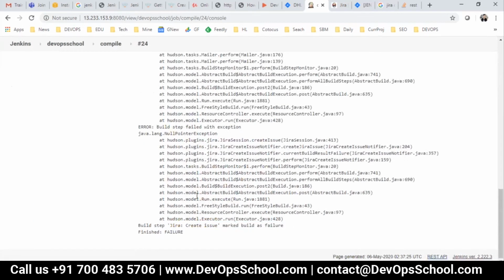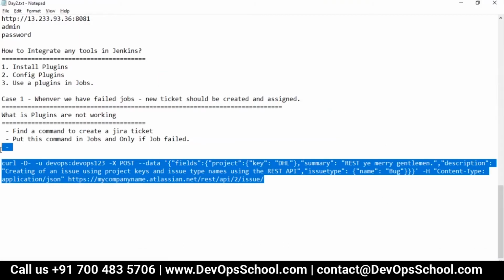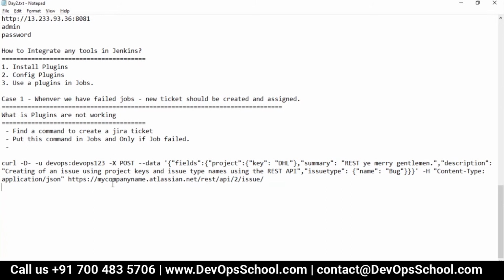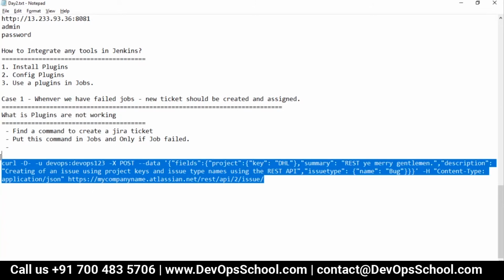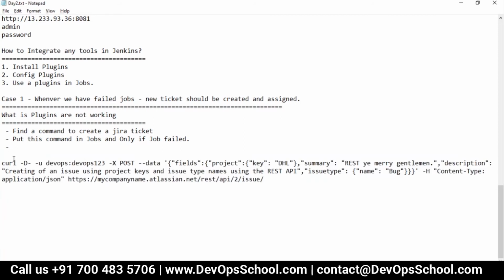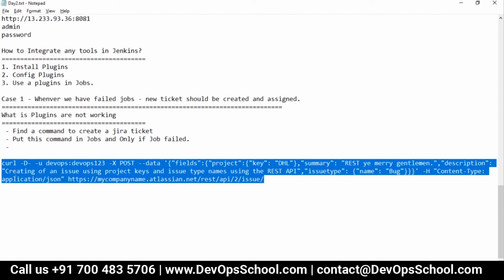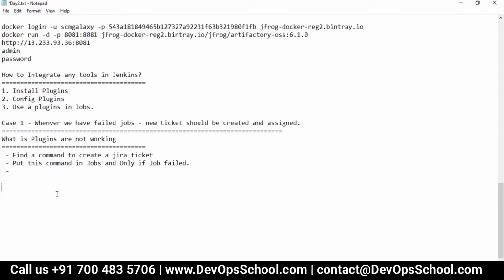Oh no. Okay, no problem. Let me check offline also. But it's good that it's not working, so we could discuss the alternative way. You can do it like this also. Nothing can be done by the plugins which cannot be done by the manual command line also.